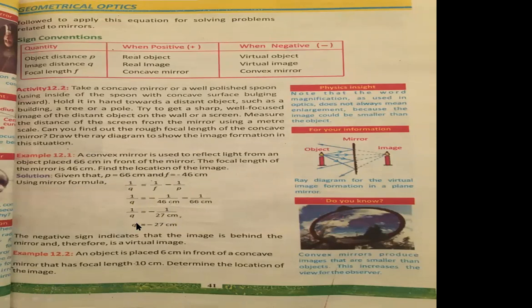Since we want to find q, by taking the cross multiplication, 27 will be multiplied with 1, so q equals minus 27 centimeters. This q is the image distance which we were required to find. The negative sign indicates the image is virtual and is behind the mirror. So this is the end of the example